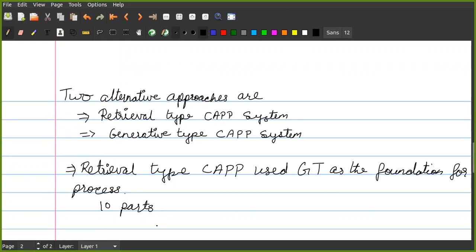These 10 parts, based on their classification depending upon their attributes, are divided into two groups or two part families.